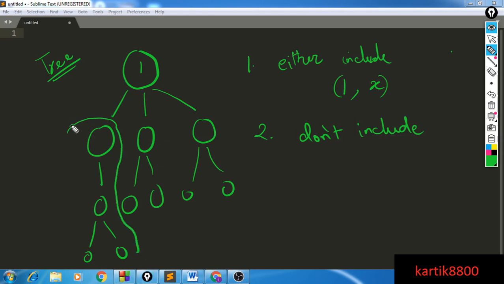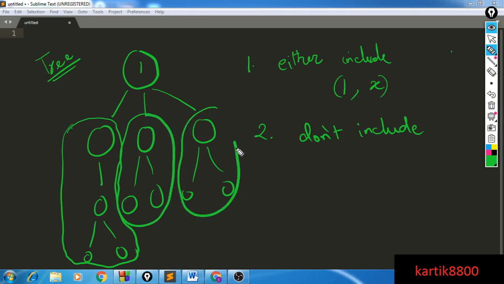And what you would like to do now is, for these three subtrees or portions of your tree, find out for these three independent portions what is the maximum possible size of matchings, right? So let's say for this particular tree rooted at this node, the size of the matching comes out to be m1. The size of matching means the number of edges in the matching you have selected. Okay, for this it might turn out to be M2, and for this it might turn out to be M3.